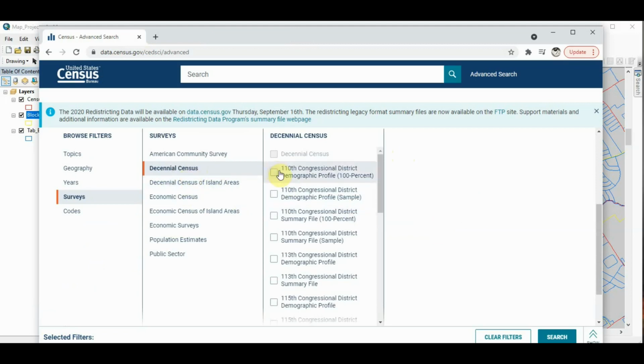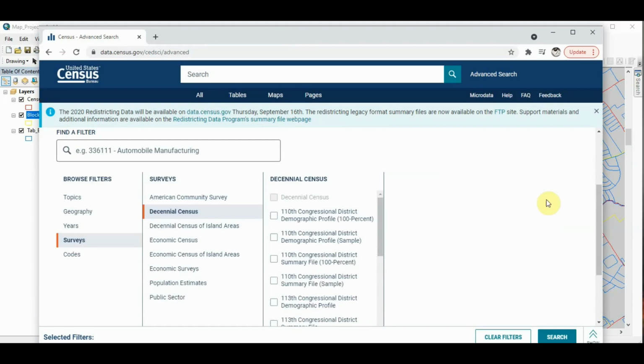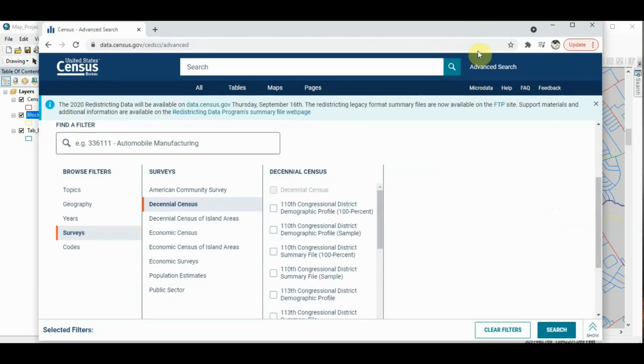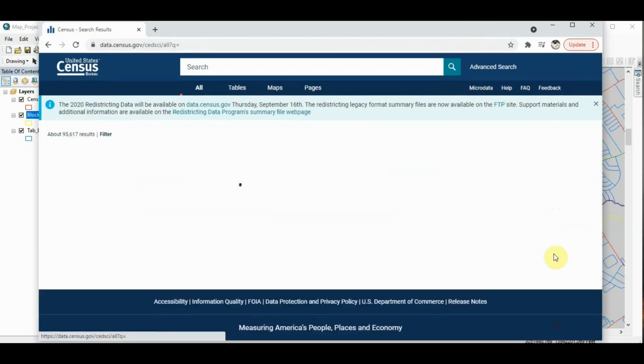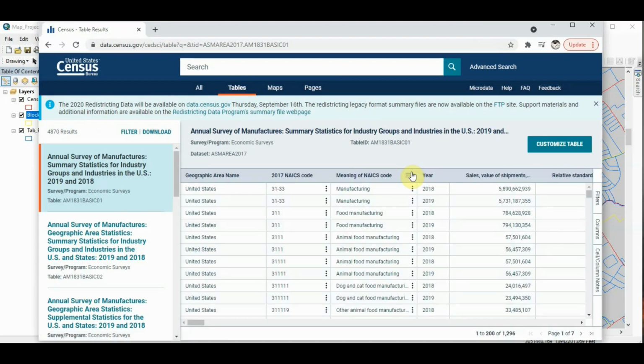These are the 10-year census data that the government collects. And then after that, you go to search and then view all tables,